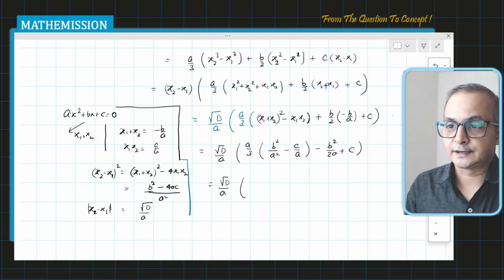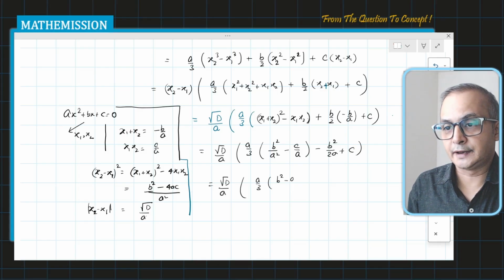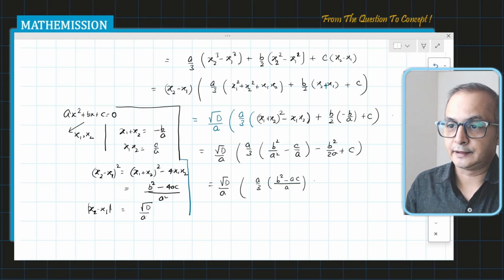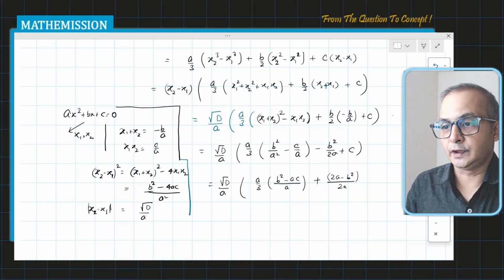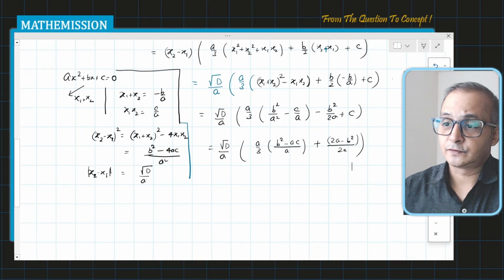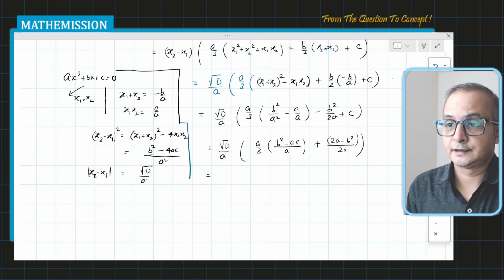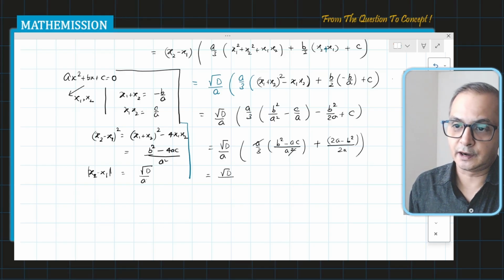You can notice that this is going to be a over 3, and that is b squared minus ac divided by a, and that is going to be plus 2ac minus b squared divided by 2a. Now let's calculate further. So I can take this a square, by the way, a square is a cancel, so I can take this a common, rather I'm taking the LCM, so I'll give you 6a square in the denominator outside of this